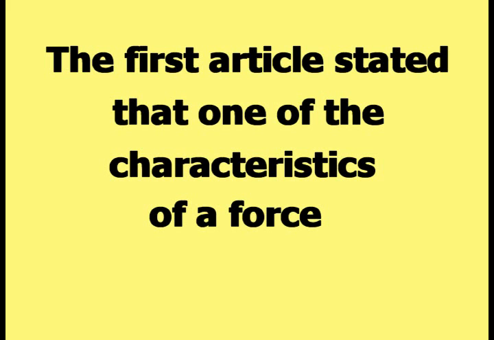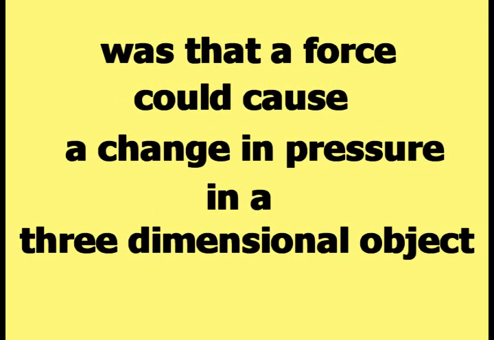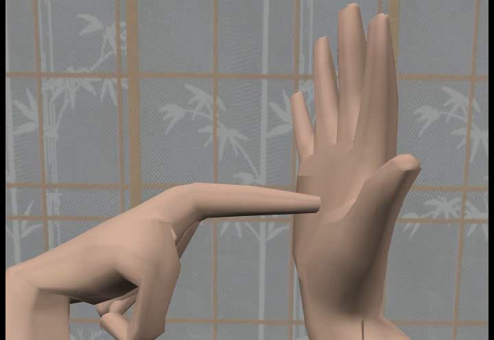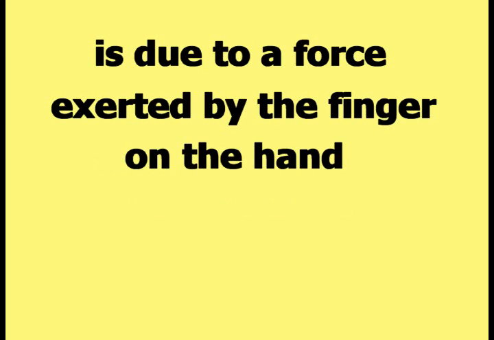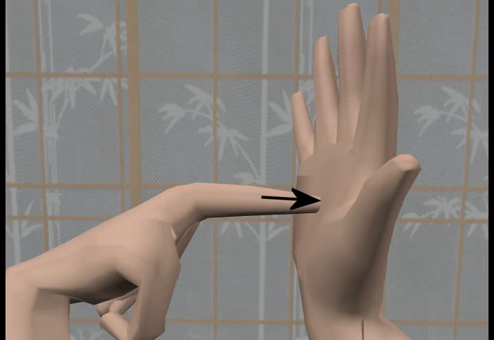The first article stated that one of the characteristics of a force was that a force could cause a change in pressure in a three-dimensional object. A finger pressing into the palm of the hand was presented as an example of a force. The pressure felt by the hand when the finger presses on it is due to a force exerted by the finger on the hand. A vector arrow has been drawn on the finger in this picture to represent the invisible